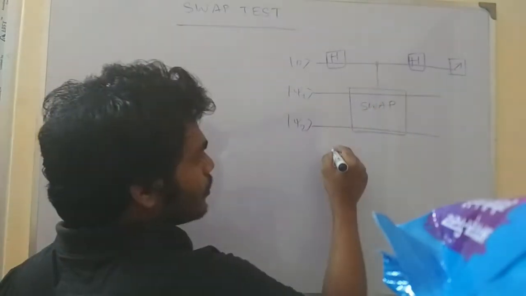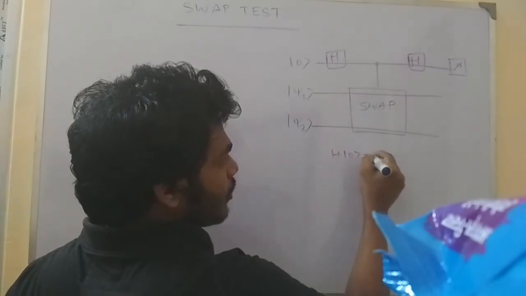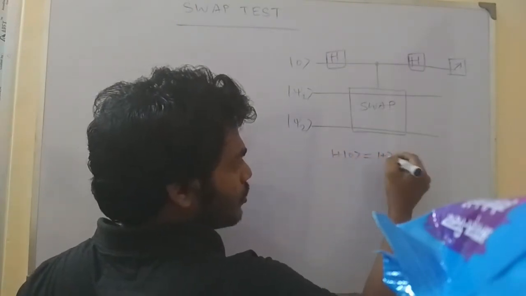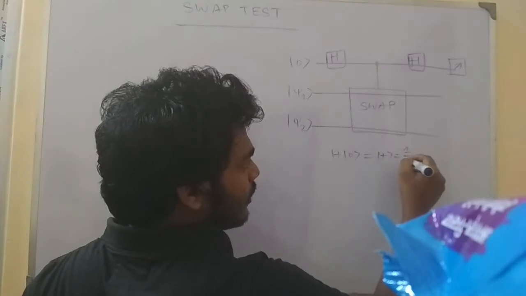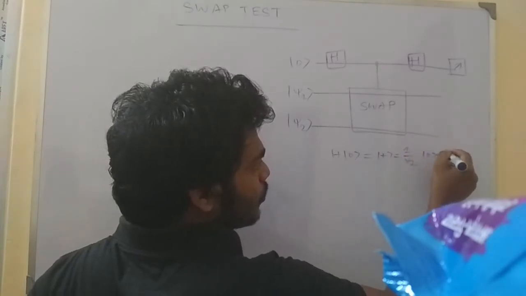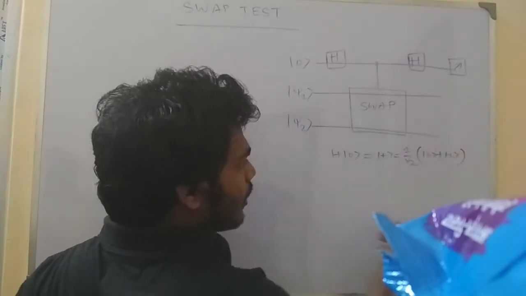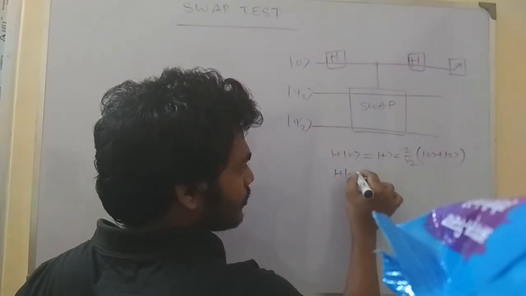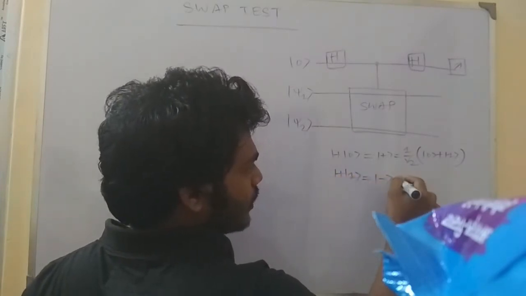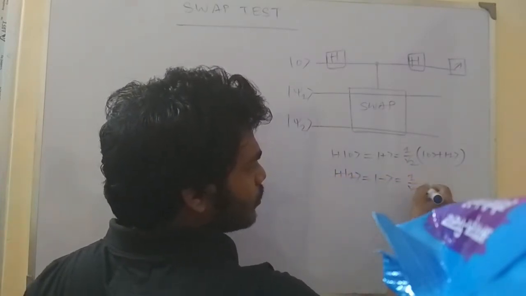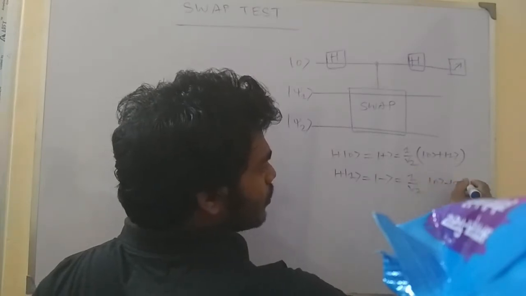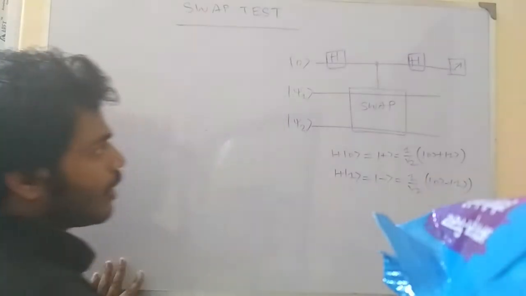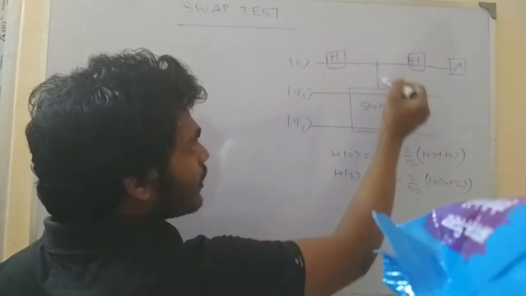Hadamard acting upon 0 state gives plus state, which is defined as 1 by root 2 (0 plus 1), and Hadamard gate acting upon 1 state gives minus state, which is 1 by root 2 (0 minus 1), and control swap,